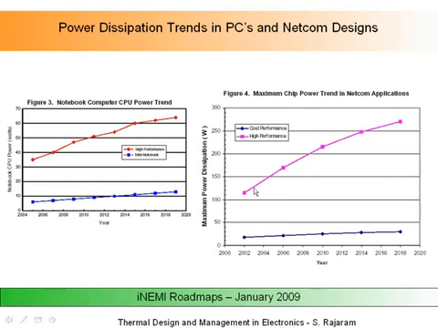So the trend that you see here is a continuously increasing power dissipation. What this translates to as far as our design is concerned is that thermal designs are becoming more and more of a challenge as these power levels are going up. Okay, and this is actual data from the products that are out there.